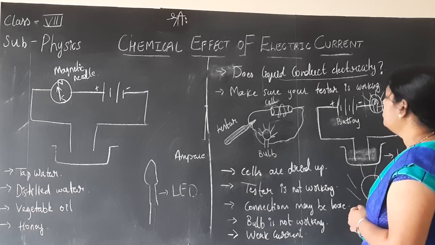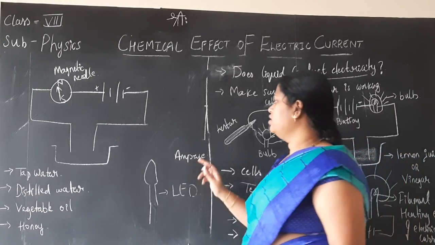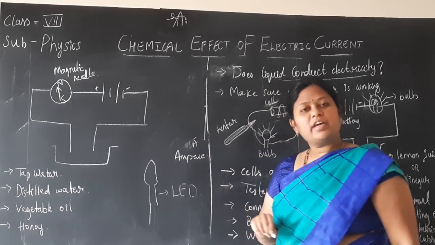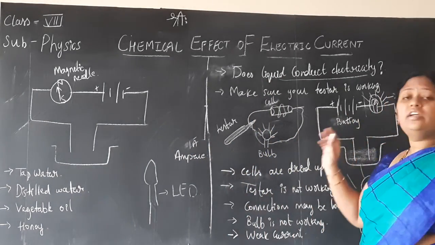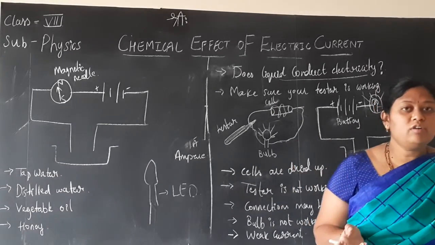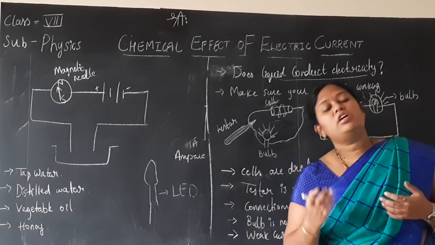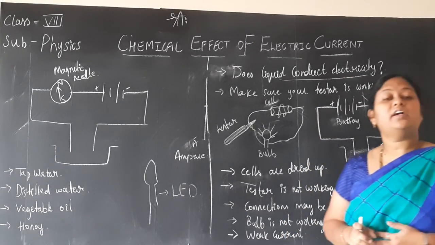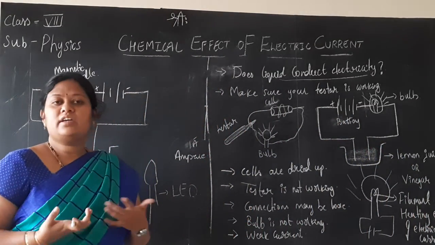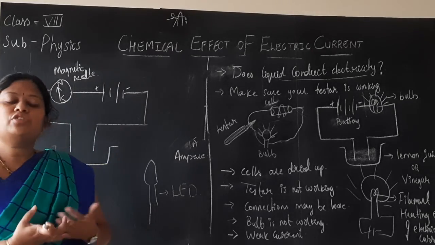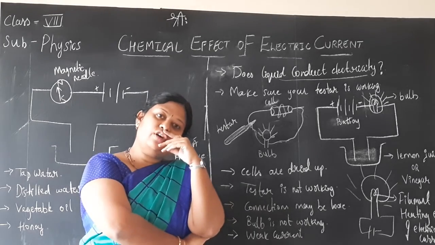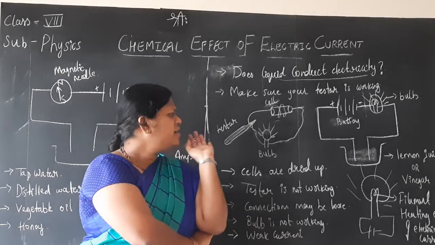In that case, what should we do? I said the unit of current is ampere, no? Maybe the bulb requires 1 ampere of current. 1 ampere of current may not be supplied to the bulb, hence it is not glowing, which is also one of the reasons. We should not jump to the conclusion that liquids do not conduct by this, children. In that case, what can we do? We cannot increase the amount of current. We don't have any such choice or option to increase the current, but still we need to check the conductivity of liquids. What shall we do is very simple.